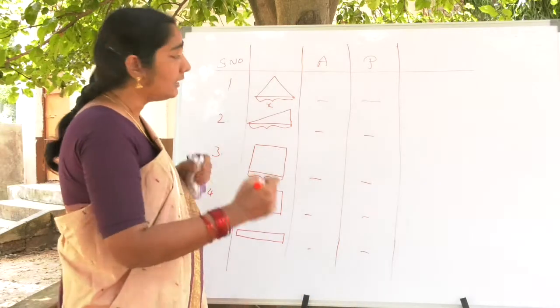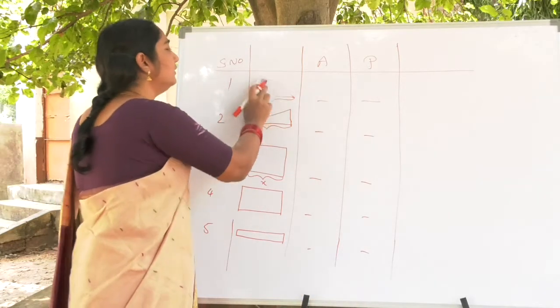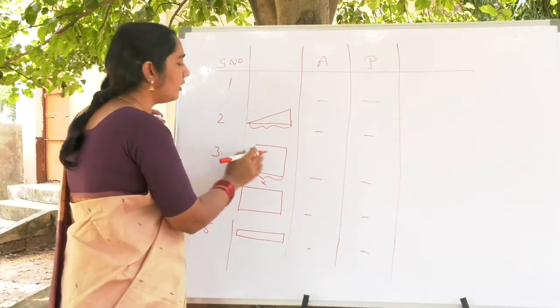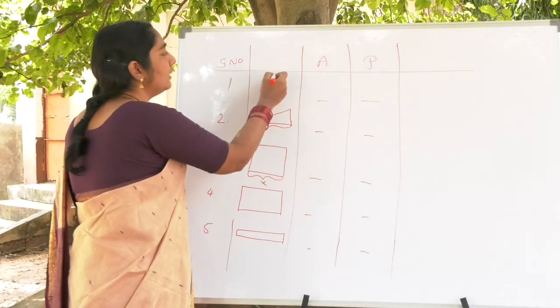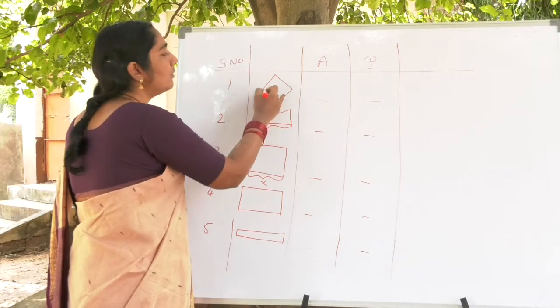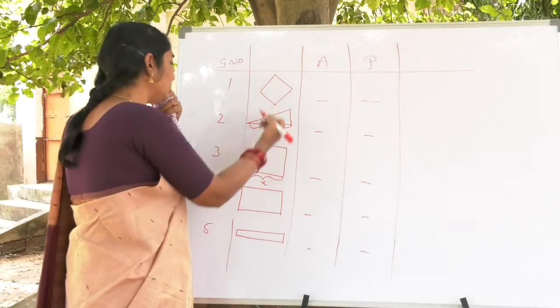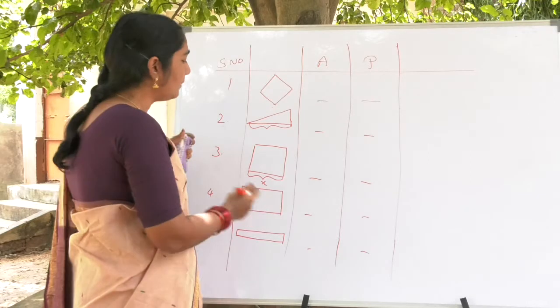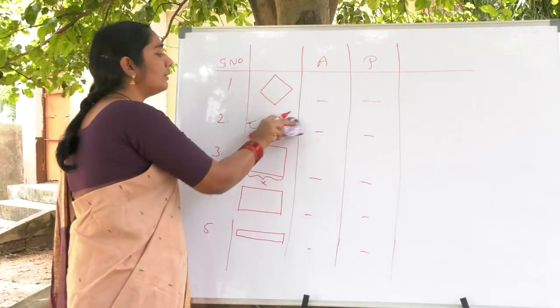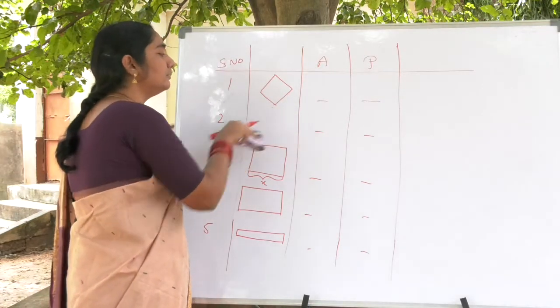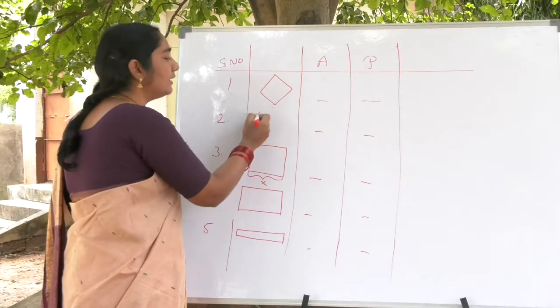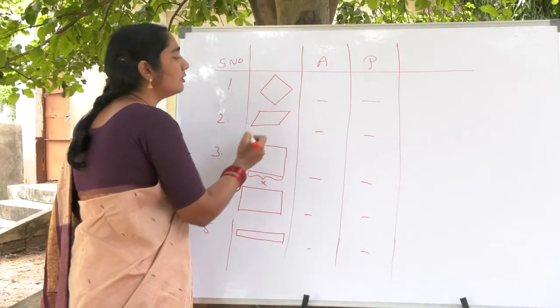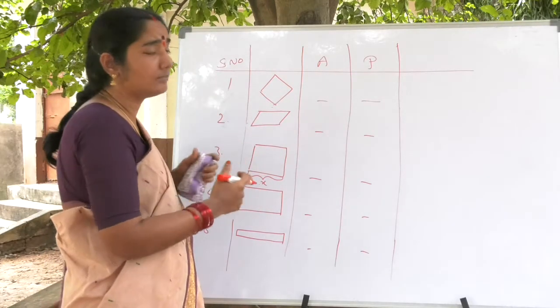So my dear friends, like that, again you take another one, that is a rhombus. You take a rhombus and you again compare the area of the rhombus and the perimeter, compare it with the square. You will understand what is the difference between these two. Take a parallelogram again, compare with the rectangle. Please try to understand what are the positives, what are the negatives. Do an experiment by yourself.